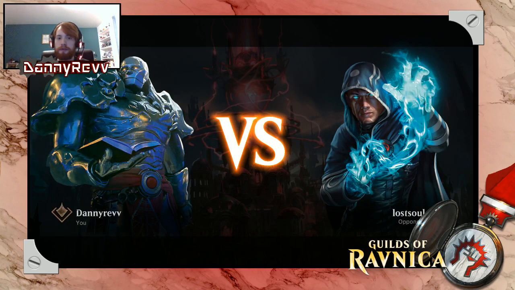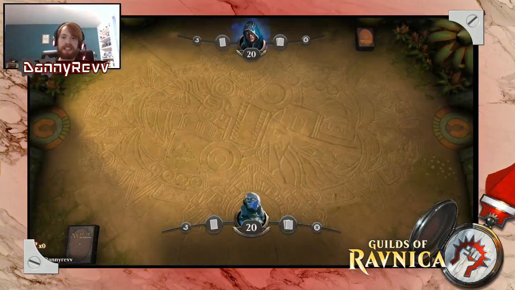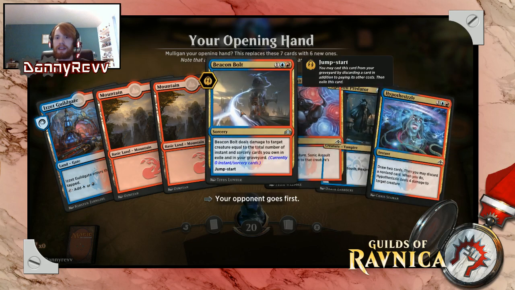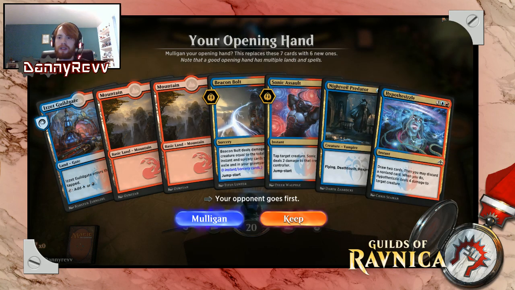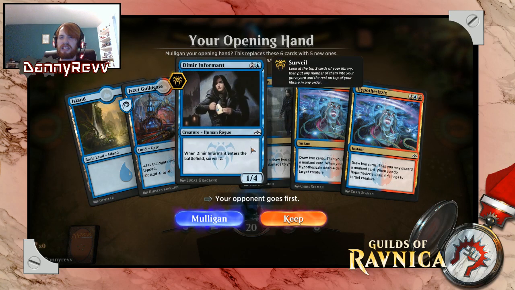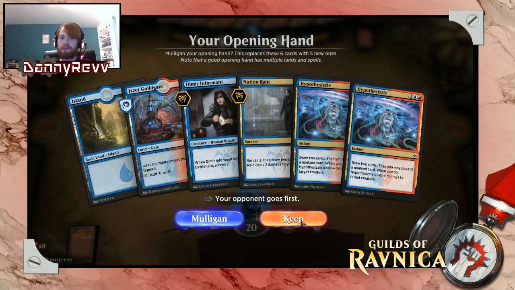Lost Soul versus me. It does a go. Please be something other than Dimir, because we just keep bumping into people playing Dimir. I don't know if that's what people think is just best at the moment, or... I'm going first as well. 3 turns of nothing, a delay. Potentially being able to do 1 or 2 damage if I draw the land. Nah, I'm mulliganing that. Slightly better. A little reliant on me drawing a 3rd land, but...